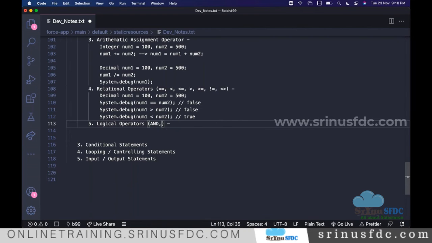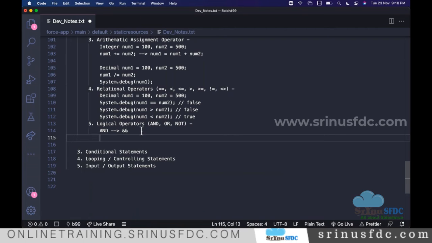Here we have AND, we have OR, we have not. But in Apex, we cannot directly use AND. In an Apex program, instead of typing AND, we use this symbol to combine multiple conditions.